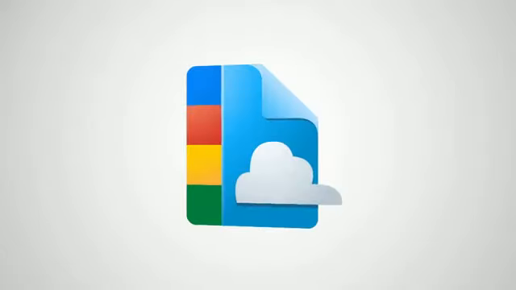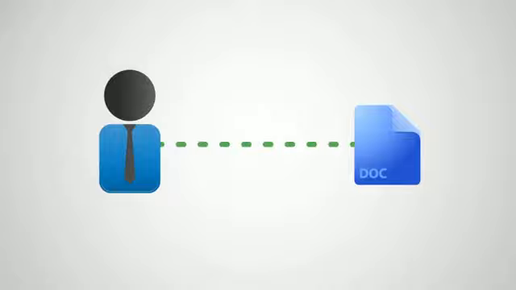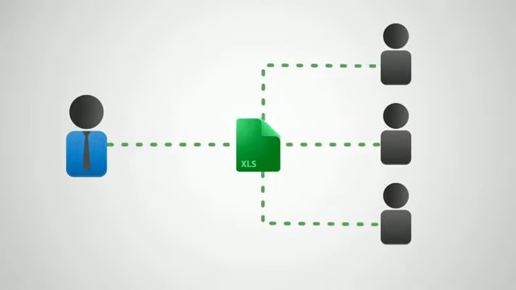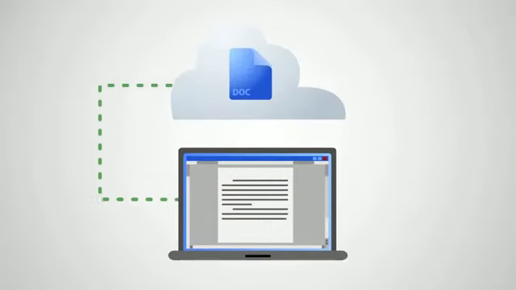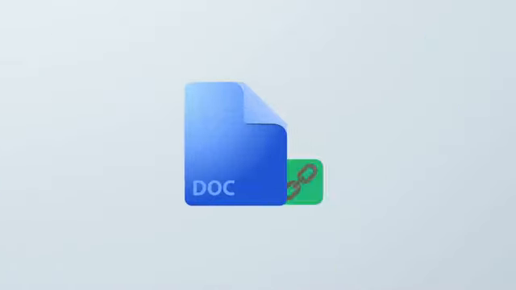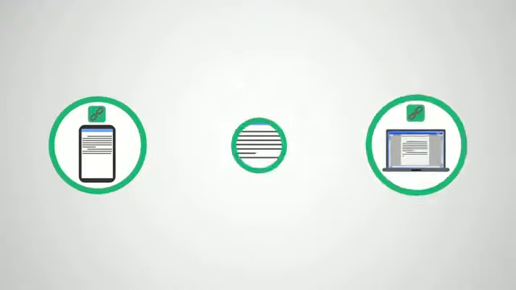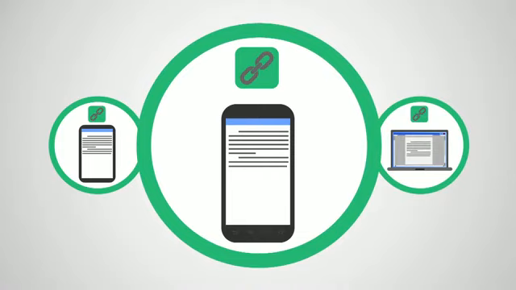Google Cloud Connect for Microsoft Office is a free plugin that lets you share and simultaneously edit Word, PowerPoint, and Excel files with other people. With Cloud Connect, you can sync your Microsoft Office files to the Google Cloud without ever leaving Office. Once synced, files are continuously backed up, given a unique web address so others you share with can access your file from anywhere, even mobile devices.